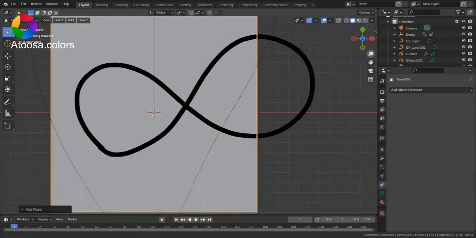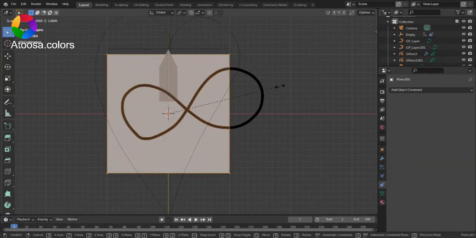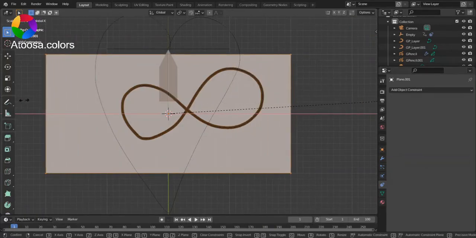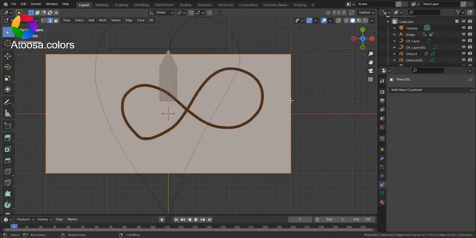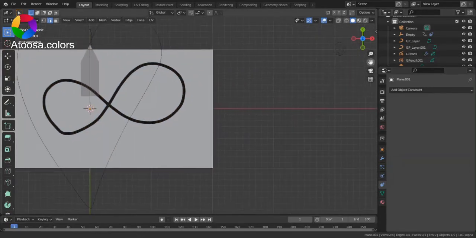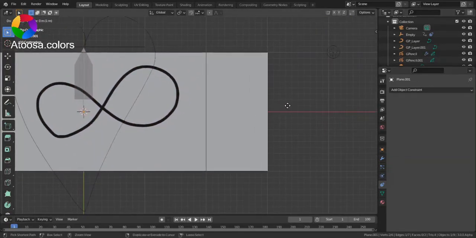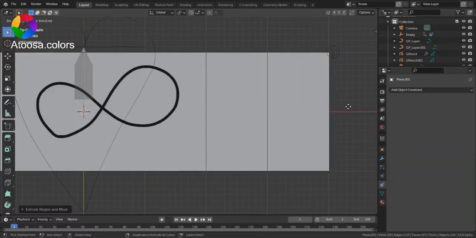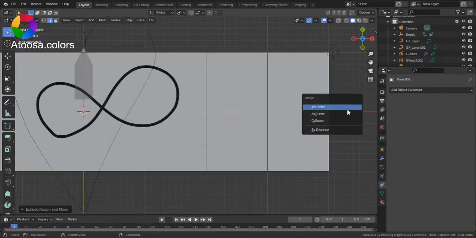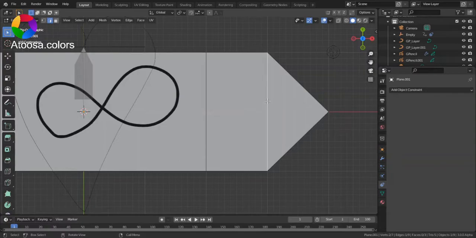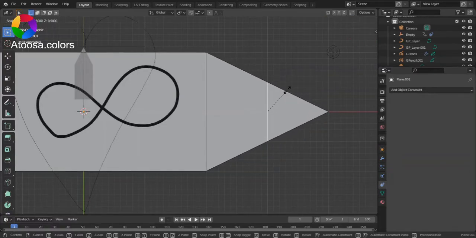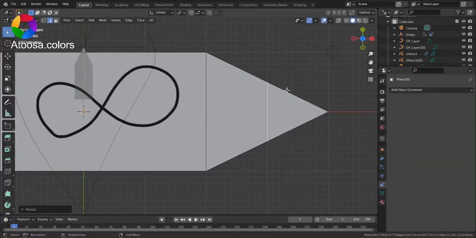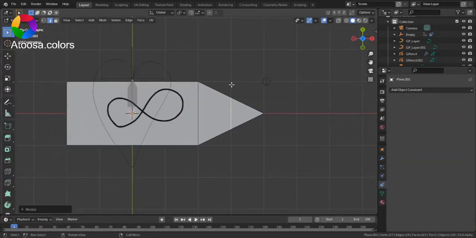Now add a plane in edit mode, scale it on the x-axis, press 2 on the keyboard, select this edge, extrude it, and again press M on the keyboard, merge at center, scale this edge down, press 3 on the keyboard, select this face,